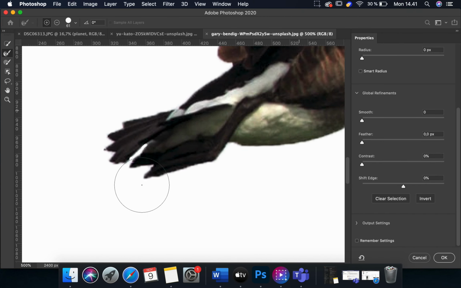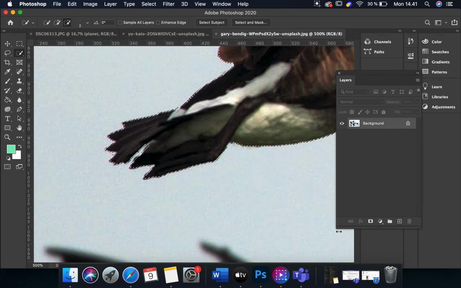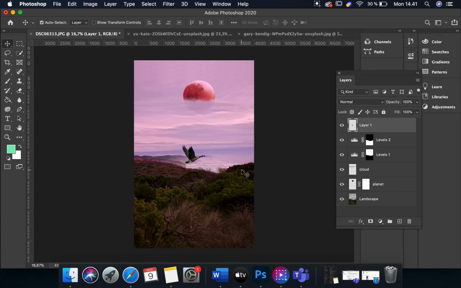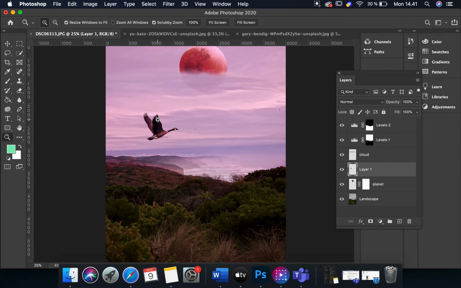It's alright. Okay. And then CMD and C. And then once again I will add my bird here. And now I will affect it. I will drag it firstly here, and then I can make it